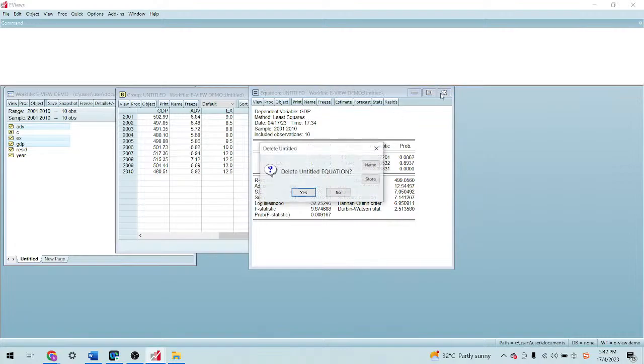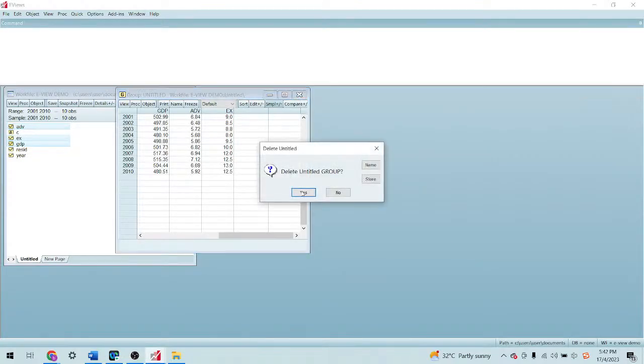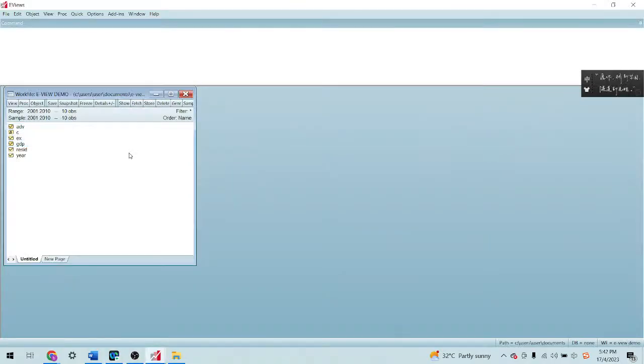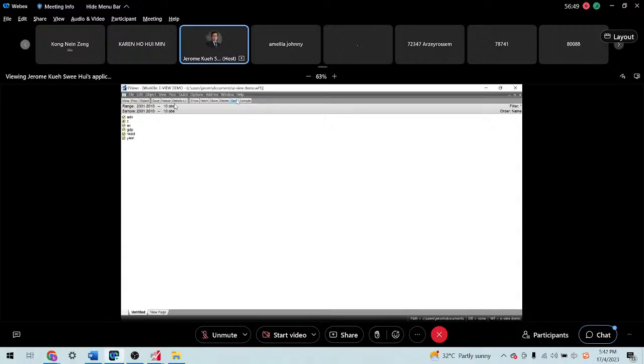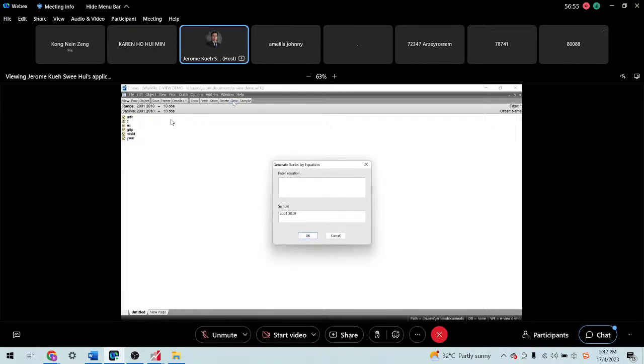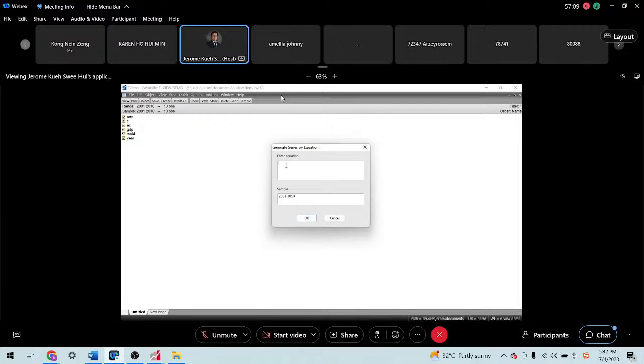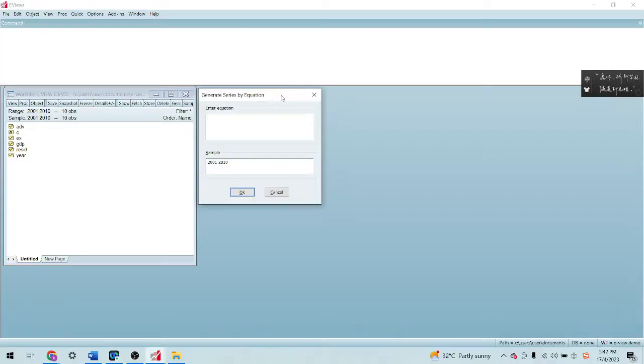You look at this, the view, the functions button, parallel with the view prof. You move horizontally to this generate. Or look at the last one, sample. Then the left hand side of the sample is this gen. This is the generate. Click this one. It refers to generate series by equations. So this is the command that you can provide to eViews to instruct eViews to do certain functions for you. You could try to do the calculations by yourself, but you can let eViews do the calculations for you because eViews can handle it.